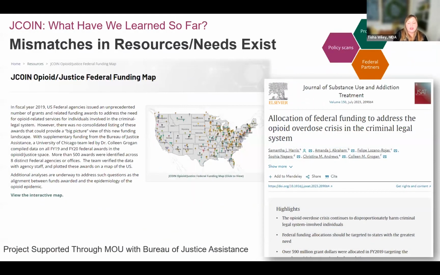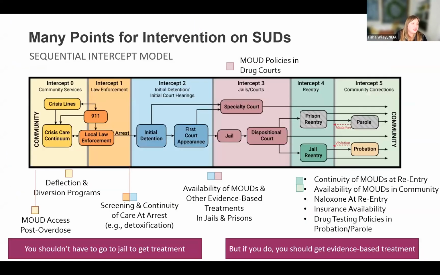And just one other thing, just hot off the presses last week, through our collaborations and talking to our federal partners, all that money that went out to the field in 2019 and 2020, we actually have a map where you can see across multiple agencies, where did that money go? How is it being used? And then this paper is a research effort to look at how that allocation matches where you saw needs in the field. I'm going to turn it over to Faye and Jess now to talk through their specific work,